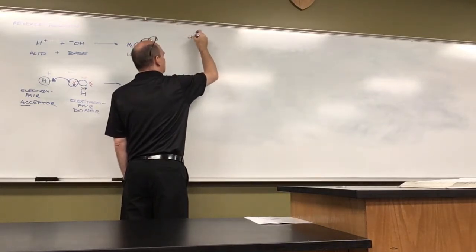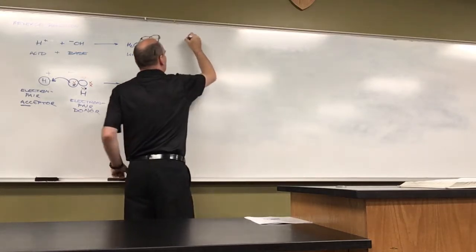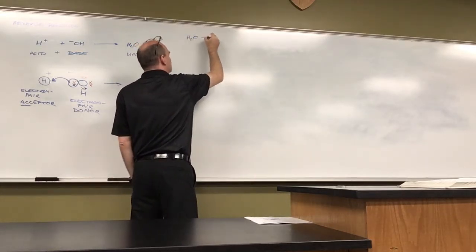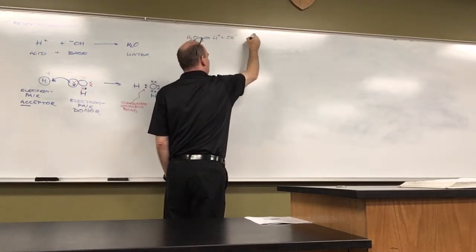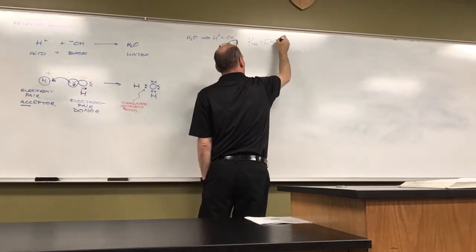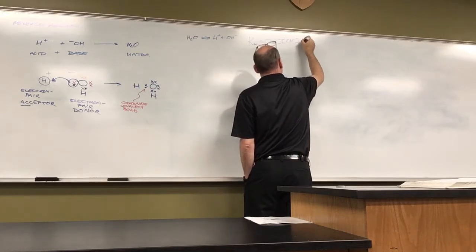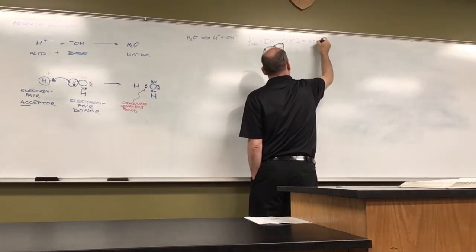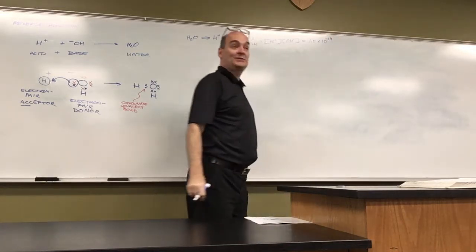If H2O takes H plus and OH minus, and Kw is H plus times OH minus, which equals 1 times 10 to the negative 14. We talked about exponents